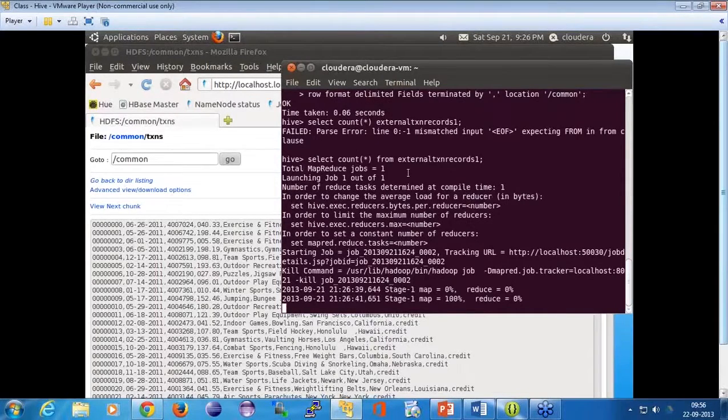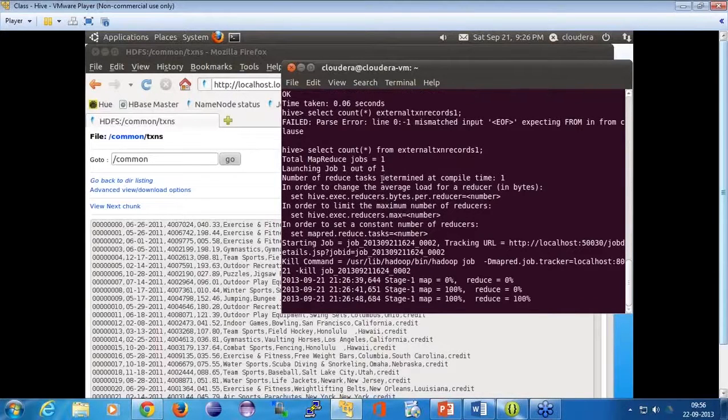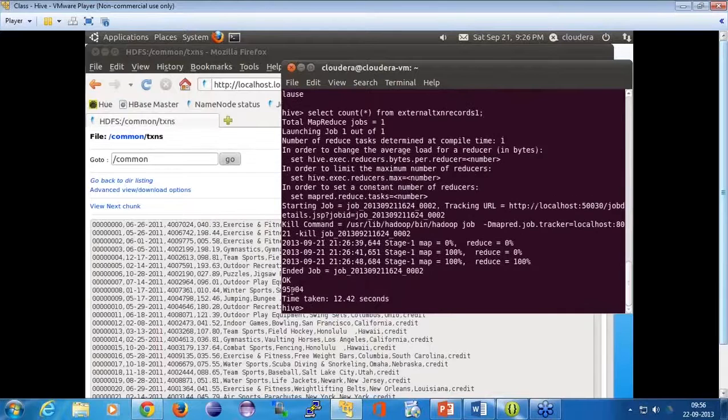In this case, what we see here is that though the data was not there in the warehouse, we could still query that data using an external table. Is that clear, guys? Is it clear how to create an external table and how to query from an external table? Good, thank you, very nice.